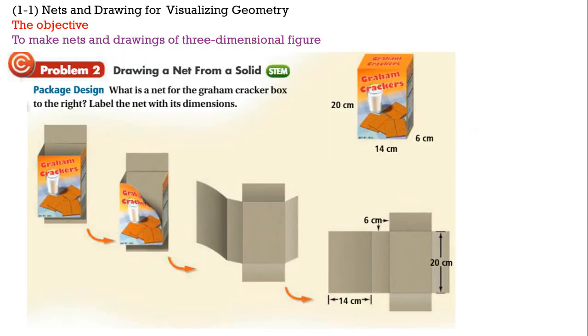Let's move to drawing a net from a solid. Now the opposite. I'm going to give you a solid, or let me say 3D shape, and then the opposite, you are going to unfold it, then draw the net from what you see. So if you have this box,